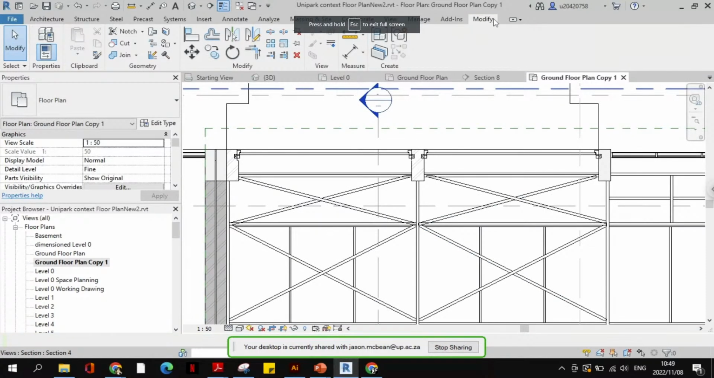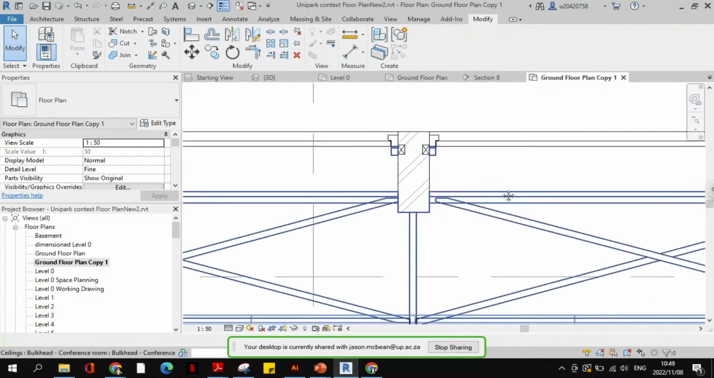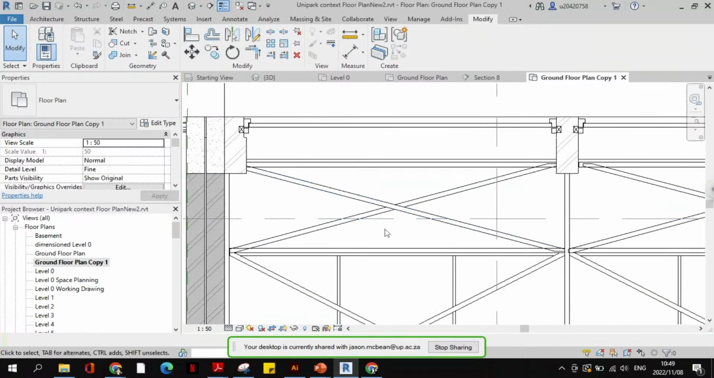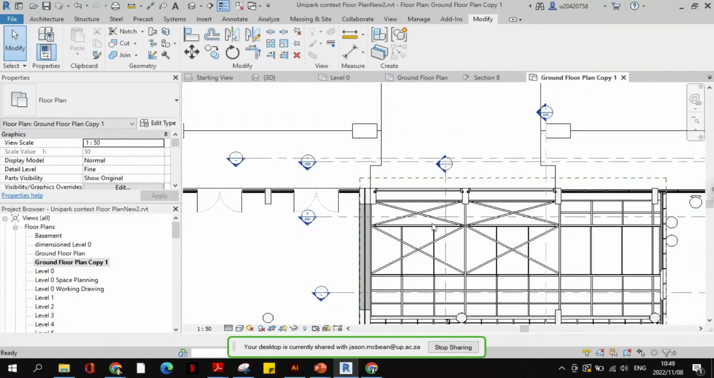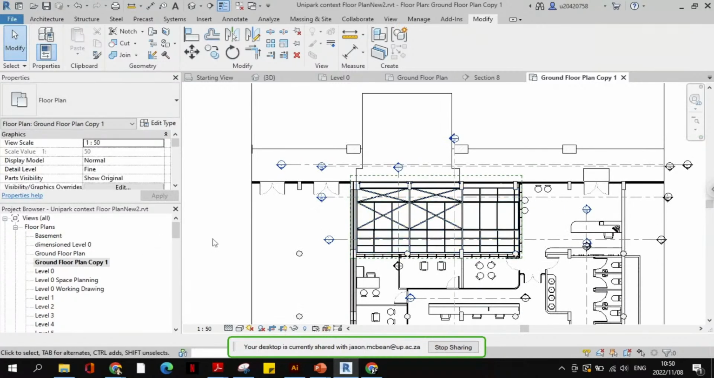Okay, it's always in the modify tab. You can make lines invisible. So like here you might have to draft around here to show how this connects to the corner. You might have to make a new detail. So you might have to hide this and show the line. It is what it is. Okay. Perfect. But you can see now I can control it. But remember, if I delete this,